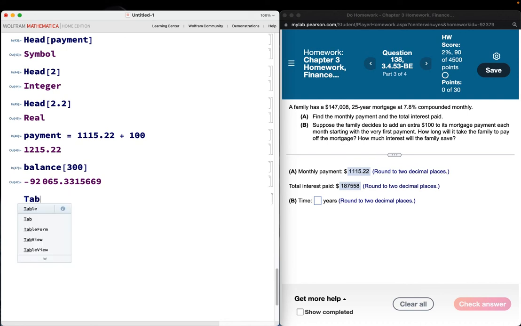Well, let's check it out. Table, balance, month, where month goes from...